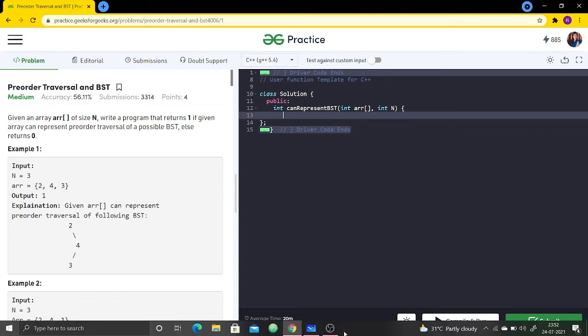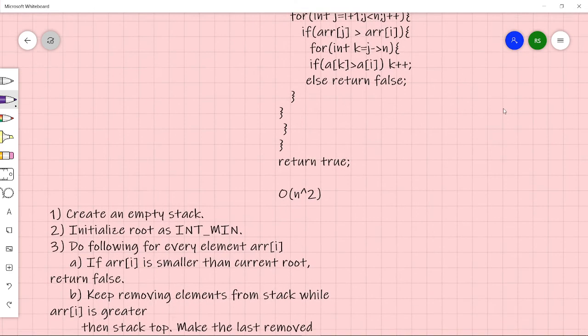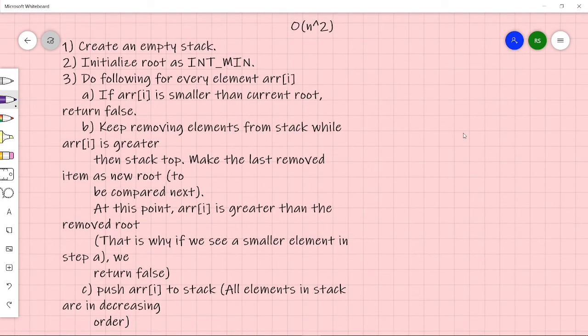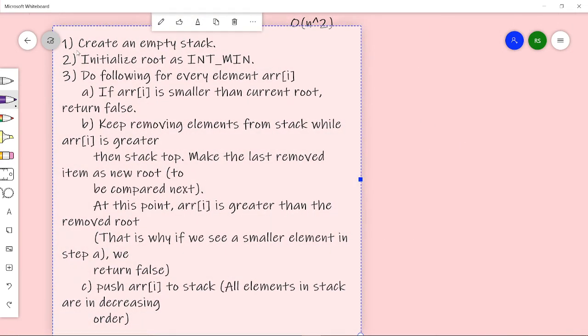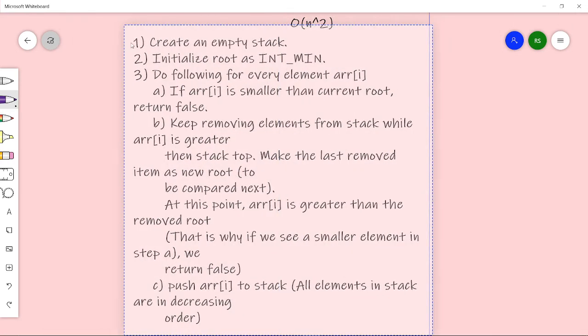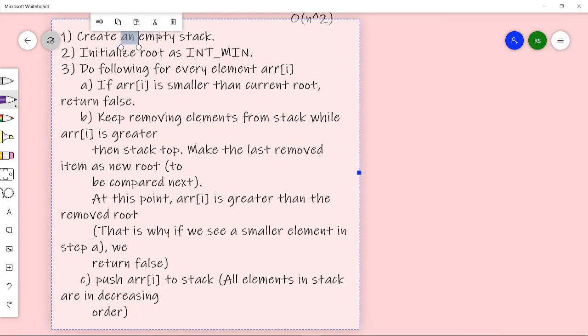So before that, let us see the algorithm that we are going to follow using the stack. So this is my algorithm that I am going to implement now. We will first create an empty stack and let us name that stack st. Initially we will give root the value of int min, so that it would be easy for comparing.